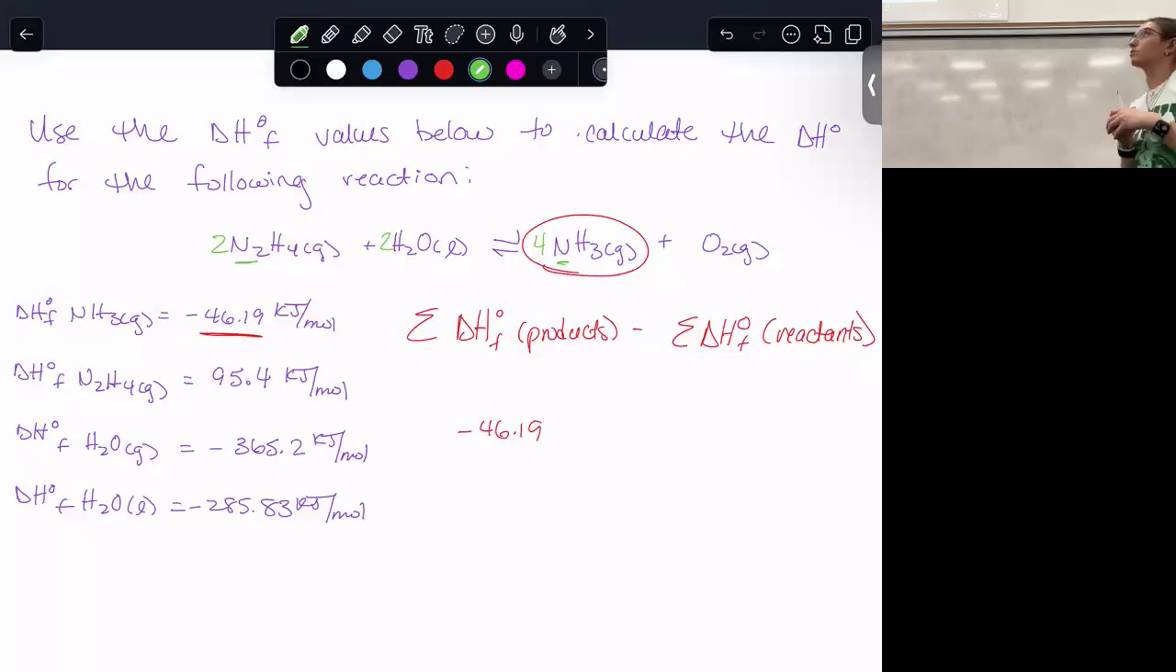Okay, so what are we multiplying 46.19 by? Now we need 4, right? We need 4 of those. Okay, so that's the sum of our products. Do we care about the O2? Nope, that's in its elemental state. Any of your diatomic atoms, those in your elemental state will always be 0. That's because it exists like that. We don't need to change it in any form. So that's our products, and that's going to be subtracted from,